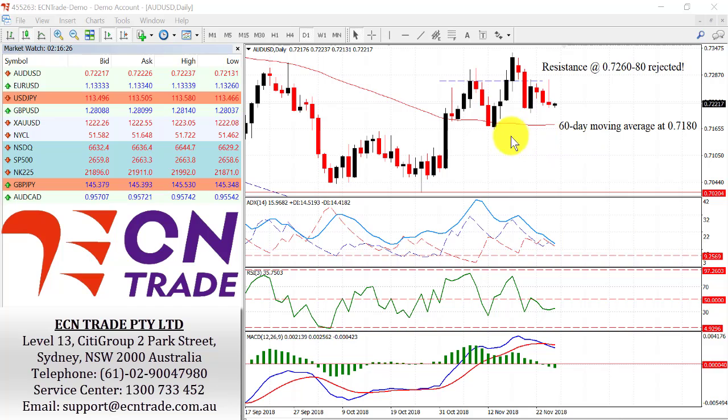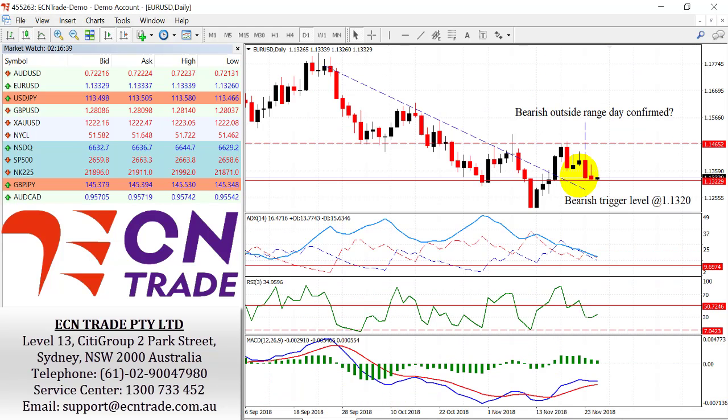A break beneath there would give a significant outlook for the Australian dollar and see a move back towards the region of 70.2060, which from a technical point is in favor of the move. We are still pressuring the support at 113.20. A break beneath there would reopen the downside and expose the region of 111.6080. On the upside, resistance is still holding around 113.75 as minor, and the supply zone seen at